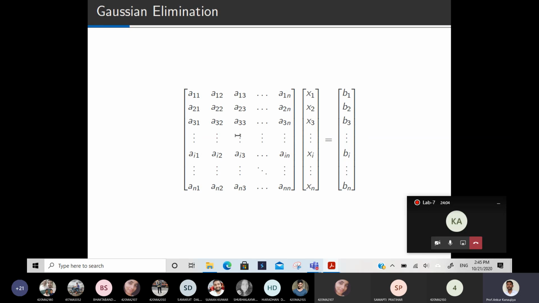Before solving this type of system, we are assuming the solution of this system exists. Not only exists, it is unique. Then only we are able to solve this by programming. Our solution must exist and it will be unique also. If a solution does not exist, then there is no point in solving by program. And if it is not unique, it will not work either. So whatever we discuss, we assume the solution must exist and it should be unique.